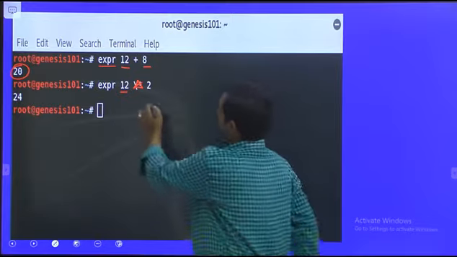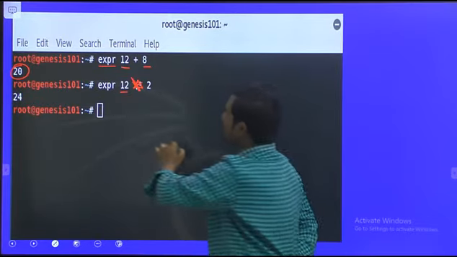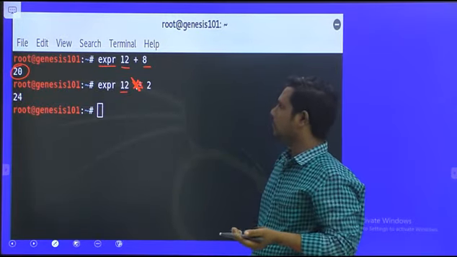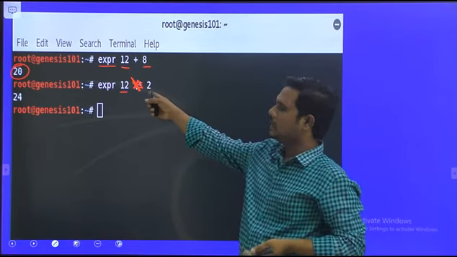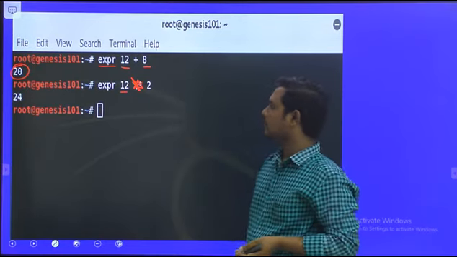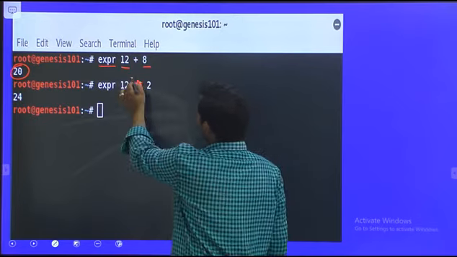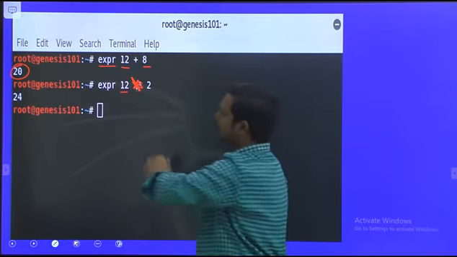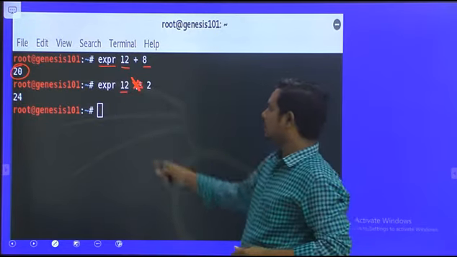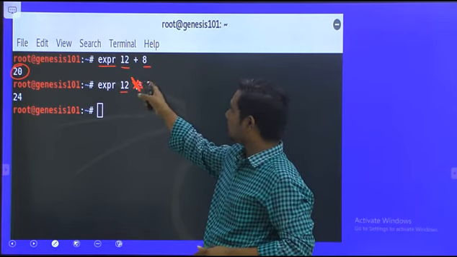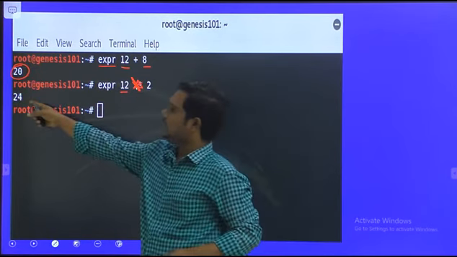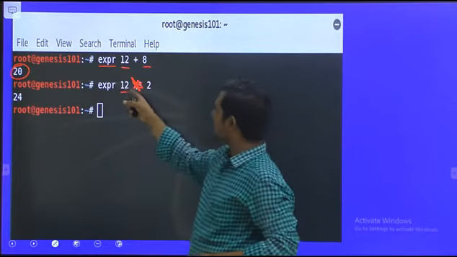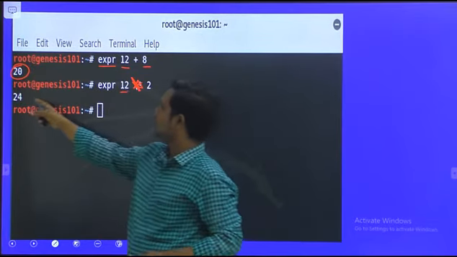But if the slash symbol is not there, we will not get the output, because of an expression syntax error, since it is taken as a meta character. So we must use the slash before the star symbol to get the multiplication output.